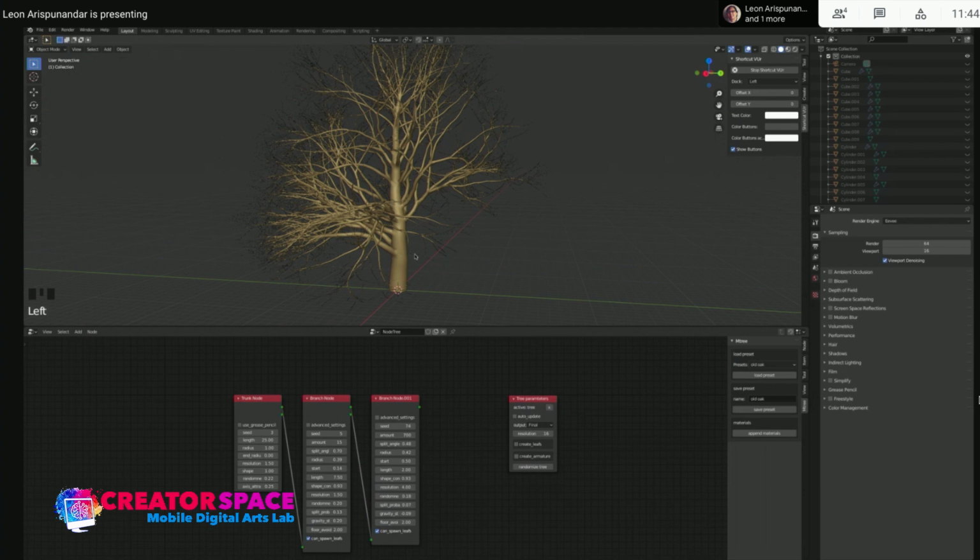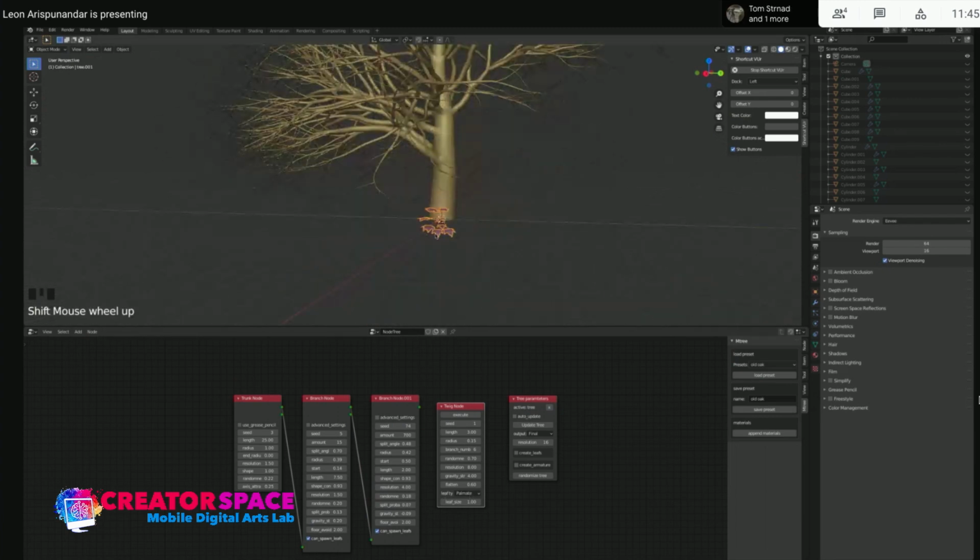The trunk is already done. The branches are done. Now, what we want to do is press Shift A here and add nodes, and then go to the twig node. We're going to make the leaves, and we want to execute it. The leaf is made here. You can see there's a leaf here. I'll bring it down,